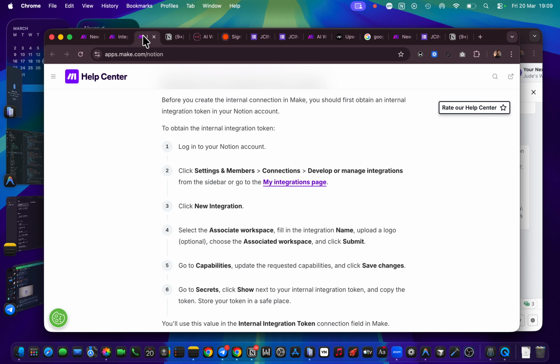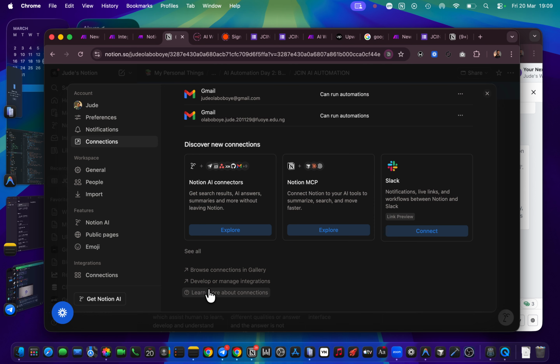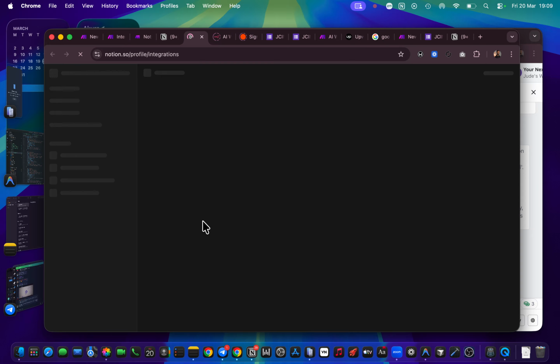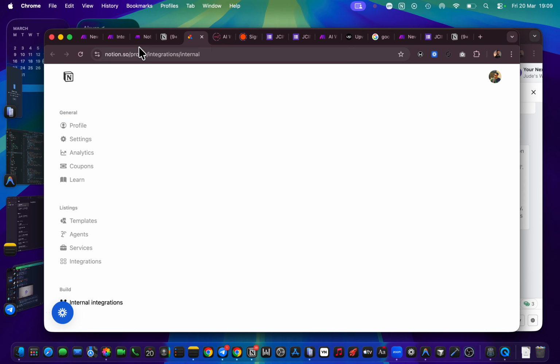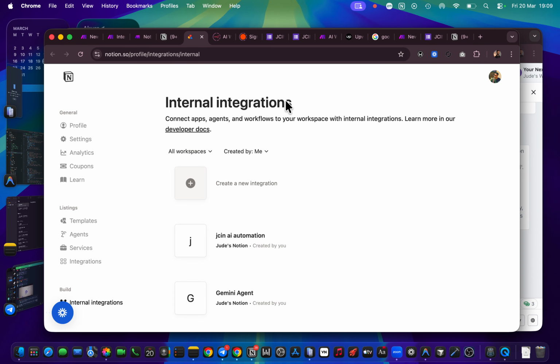And since I'm on this page, it says I should click on develop or manage integrations. So I start looking for it. Where is it? Where exactly is it? And I see it here. It's as simple as that. That's why I'm saying the documentation has all the steps there, so you only just have to look for whatever button or text somewhere in your page. So now develop or manage integrations. I click on it, it directs me to a new page. Now what did the documentation say again? I'm on the new page. Select the associated workspace and all this. Okay, so let me go back to the, yes, this is it now.